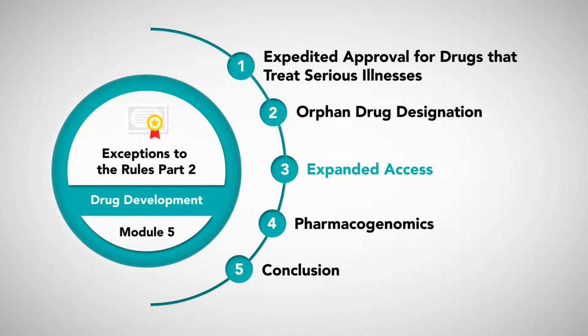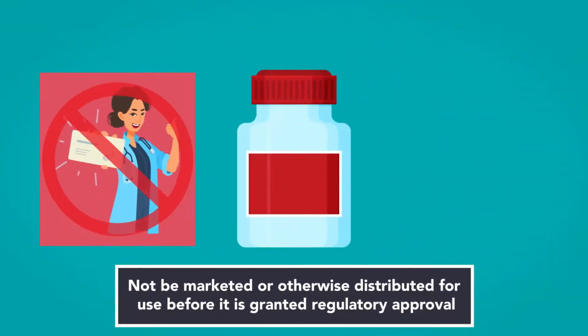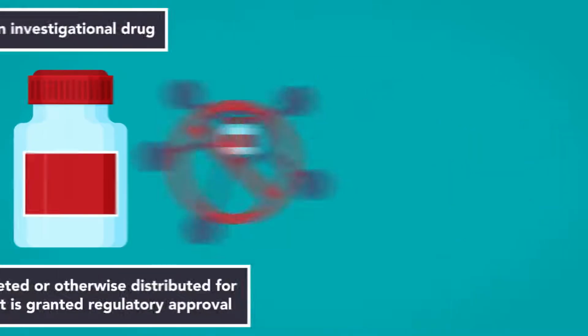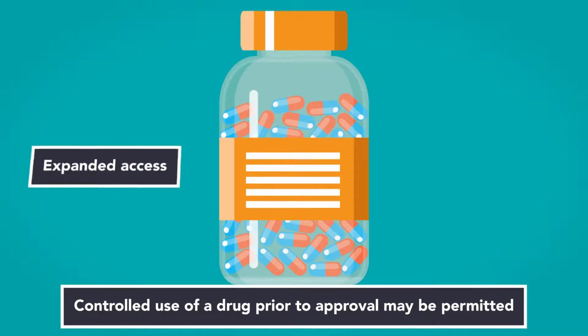Expanded access. A drug may not be marketed or otherwise distributed for use before it's granted regulatory approval. Until that time, it's referred to as an investigational drug. However, in certain cases, controlled use of a drug prior to approval may be permitted, a situation known as expanded